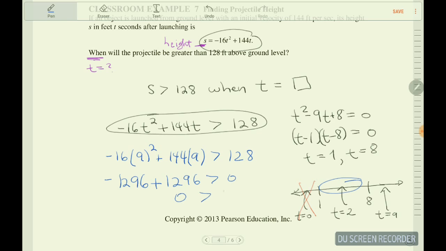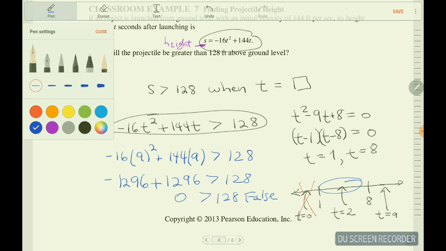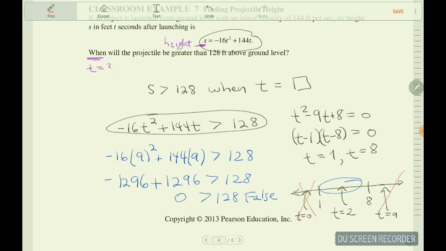So I get 0, and that is false. So again, I'm going to not use that part. So the answer is when t is between,